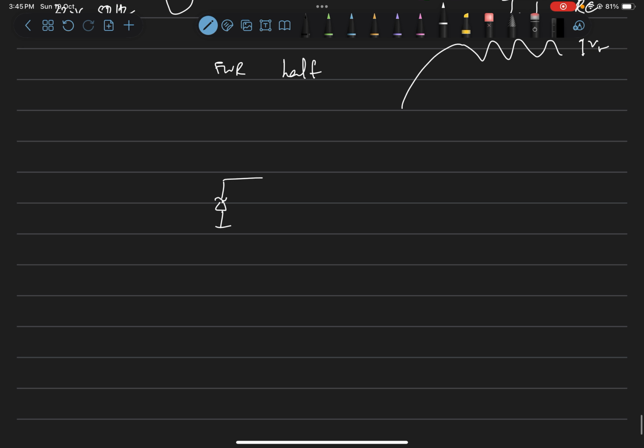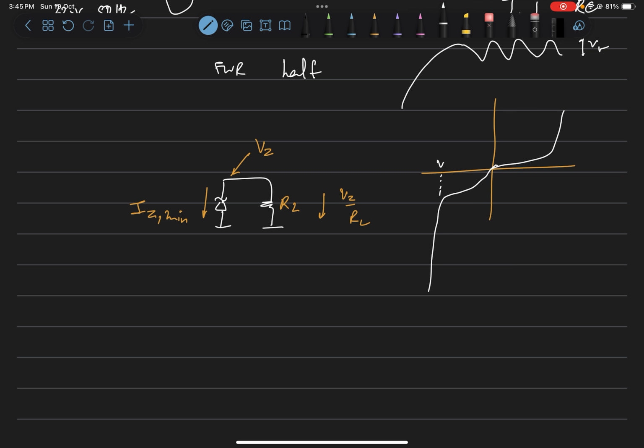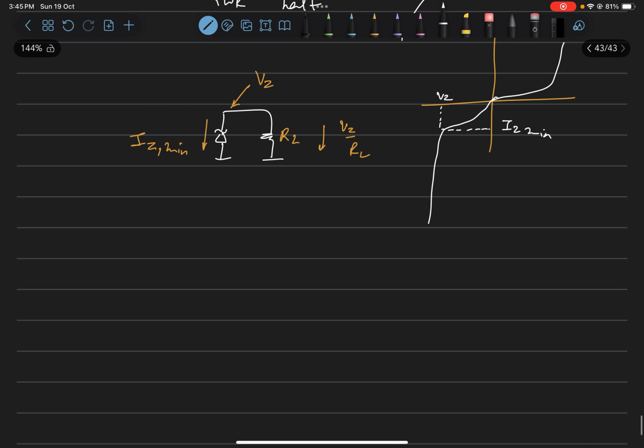we take a Zener diode and a resistor, and we ensure that the Zener diode is biased in reverse bias mode, such that it draws a minimum current of IZ minimum. So it is biased in reverse bias condition and this voltage is VZ, so that we can drive the load resistor with a current of VZ by RL. And since the IV characteristic of the Zener diode is something like this in the reverse bias mode, this here is VZ and this here is IZ minimum. The advantage is that this slope is close to 90 degrees,